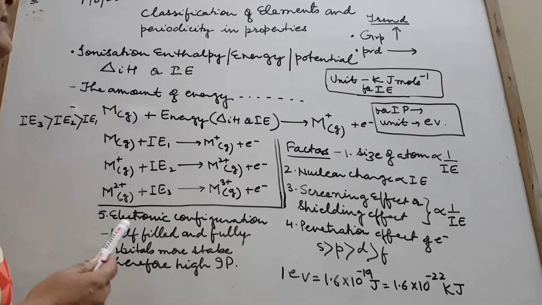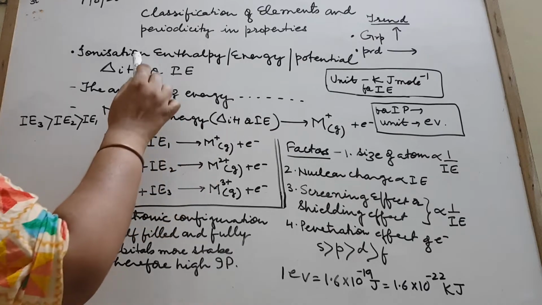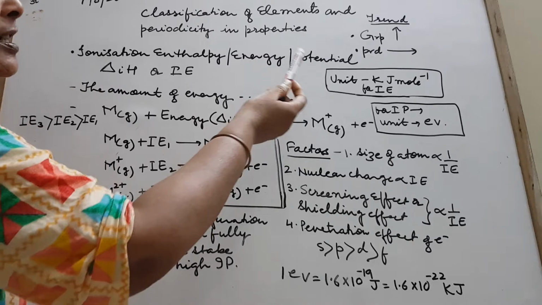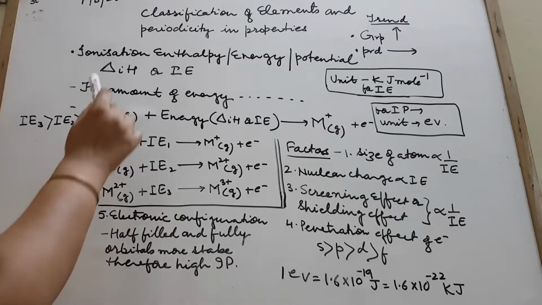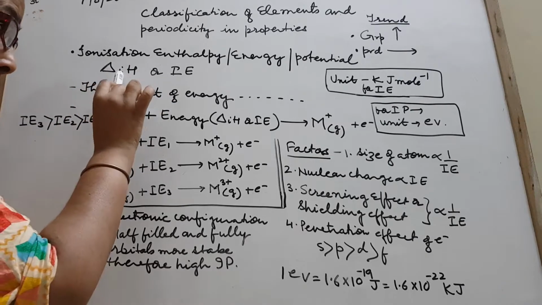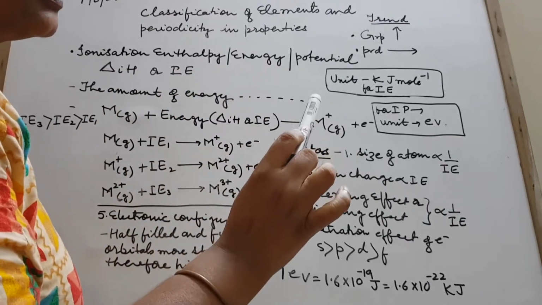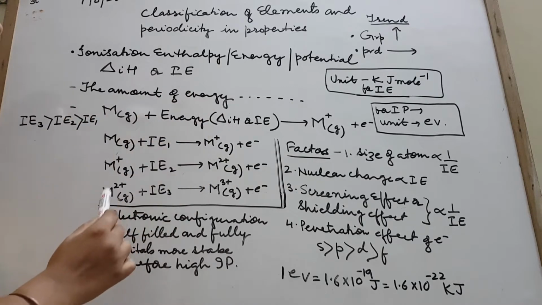Now children, in this video we will study a very important term, ionization enthalpy or energy, often expressed even as ionization potential. Its symbol is delta IH. I'm saying symbol because what does H stand for? This is part of the thermodynamics chapter, we'll take up later. Or we call it IE in short.